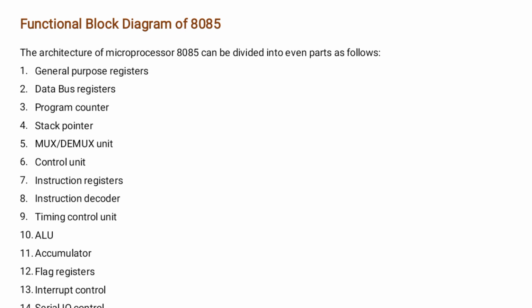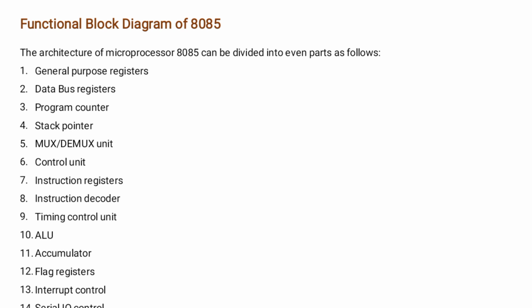Flag register. Flag register includes 5 flip-flops which are set or reset after an operation according to the data condition of the result in the accumulator and other registers. They are called zero, carry, sign, parity, and auxiliary carry flags. Their bit positions are shown in the flag register. The microprocessor uses these flags to set and test data conditions.